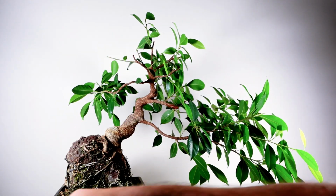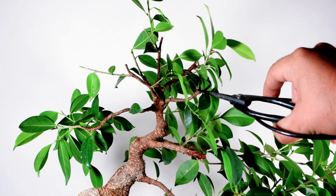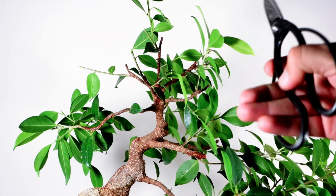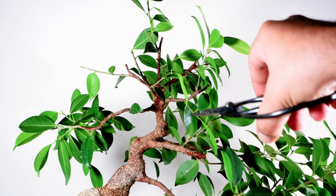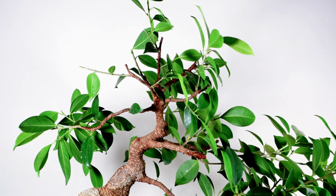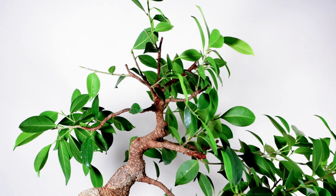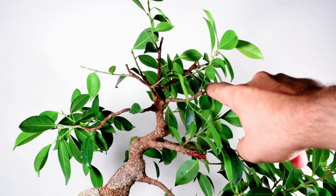Let's see what's going on here. So I've got a little branch here that has two little branches growing out of it. One is growing down and one is growing up. So what I've got here is two options. The first option is to prune the lower branch, and the second option is to wire the primary branch